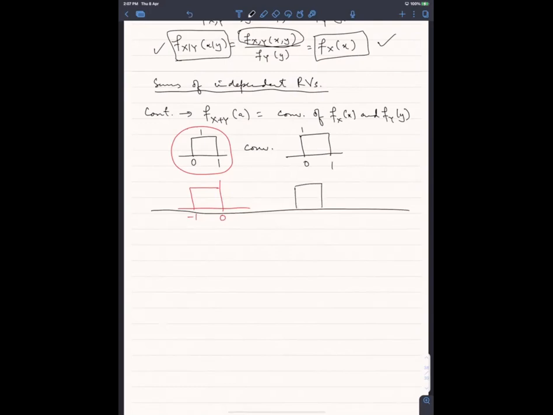So the black guy is here, from 0 to 1, height is 1, and then I take this red guy and we will make it travel from -∞. When I travel it from -∞, these won't be -1 and 0 anymore; they will be some values z and z-1, and I will take these guys